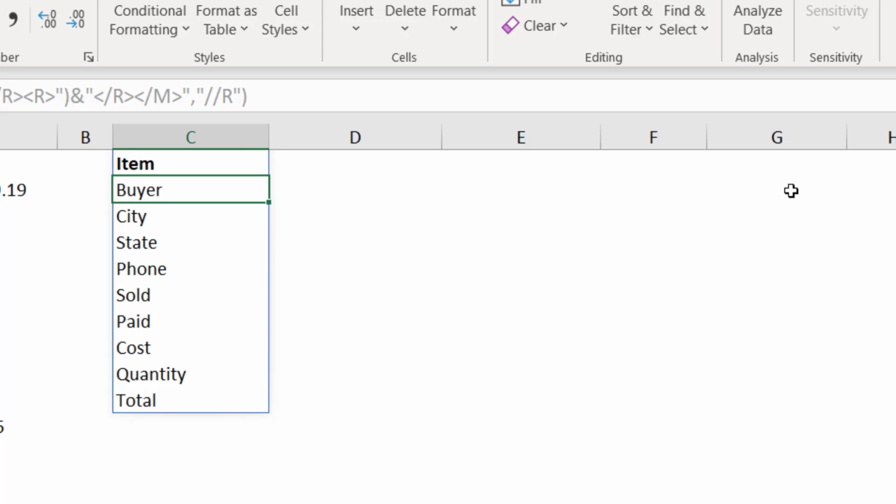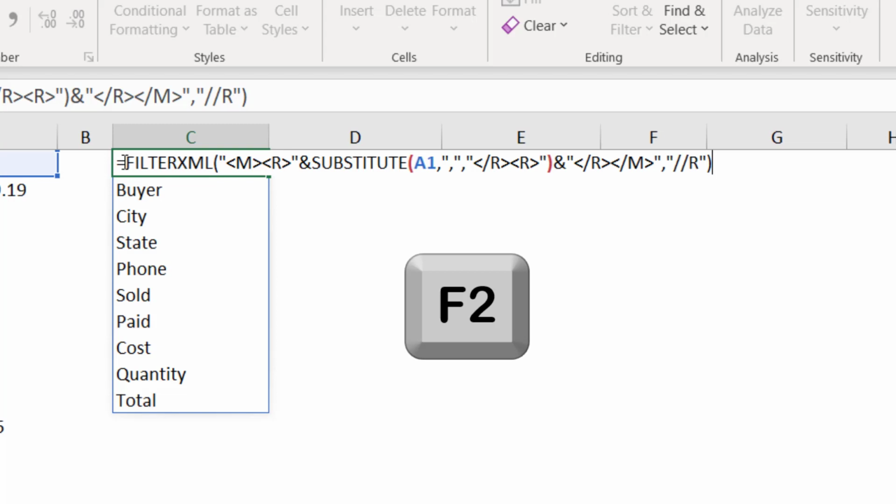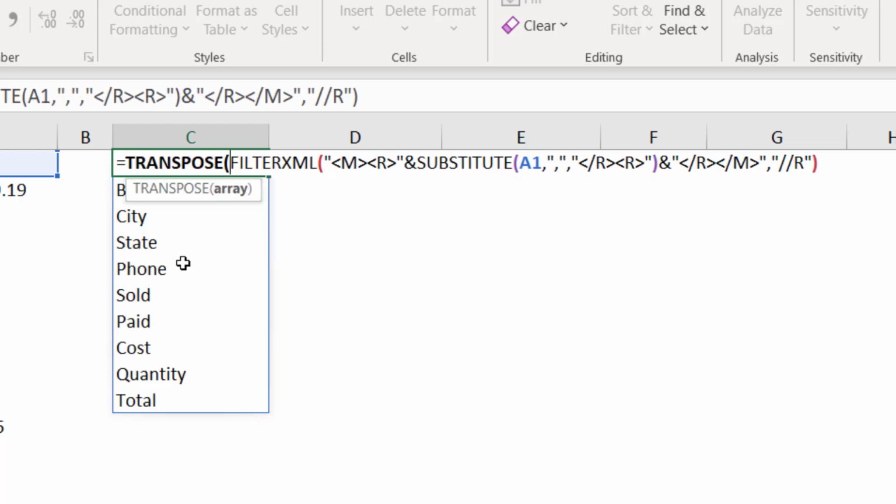I want to copy this function. I select C1, I put it in the edit mode. I'm going to copy this function because I'll use the same exact function in my next example, Control C. And before the FILTERXML, I want to switch this single column into multiple columns by switching the rows into columns. That's the perfect job of the transpose function. So I type transpose, I hit the tab key, I close the bracket for the transpose function,